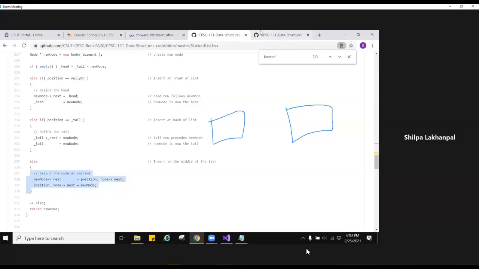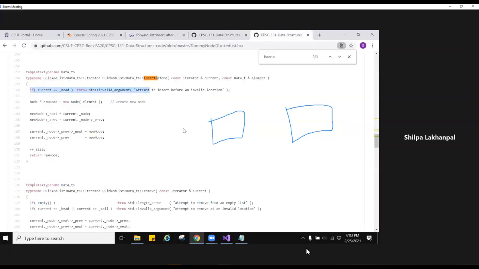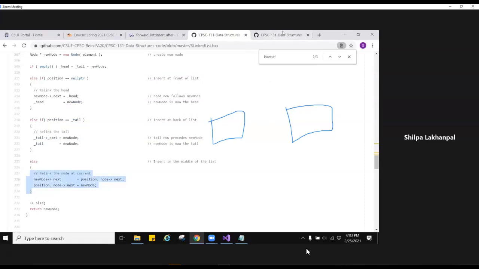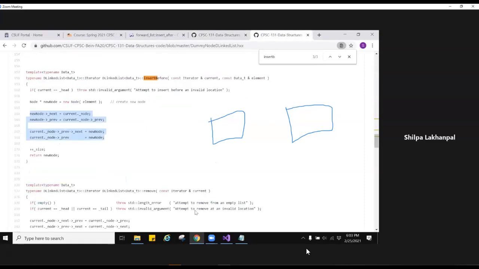That's why using dummy nodes simplifies things, because look, if we had to do this every time and reset the head and tail, it gets messier, because now we have two pointers per node. Even this is pretty messy, pretty complicated. So look, if we had to do that for different cases, then it gets more complicated. So that's why using dummy nodes is actually an easier task. Now that we are here, let's see exactly what this is trying to do.